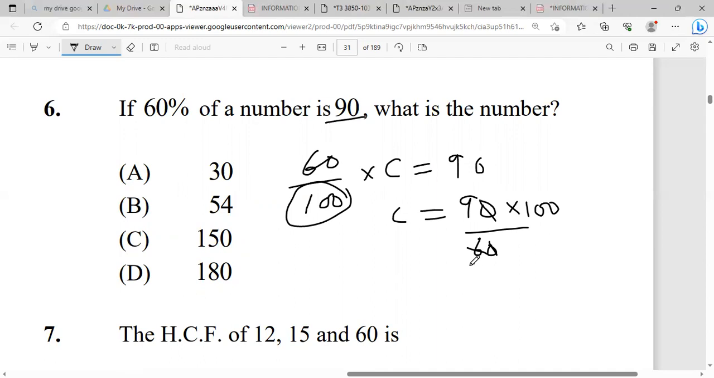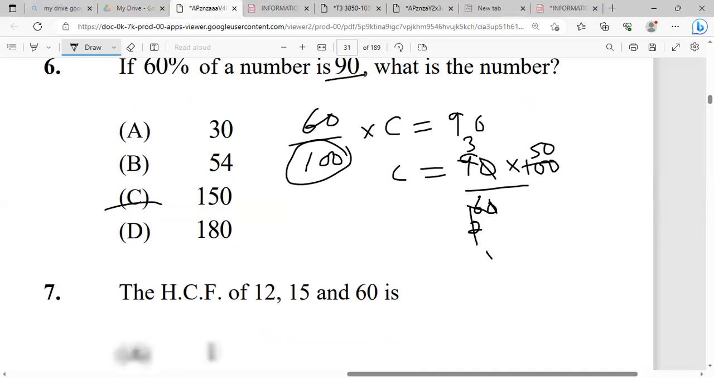3 into this goes 2 times. 3 into this goes 3 times. 2 into this, 1. 2 into this, 150. So it's 150. Another way you could look at it, just plug in all of the numbers, whichever give you